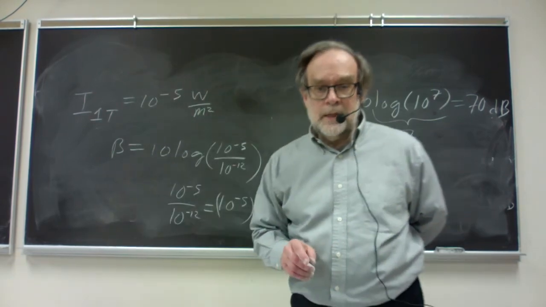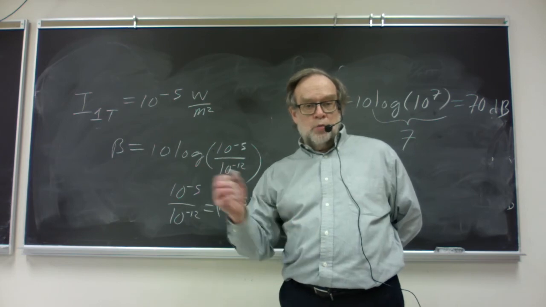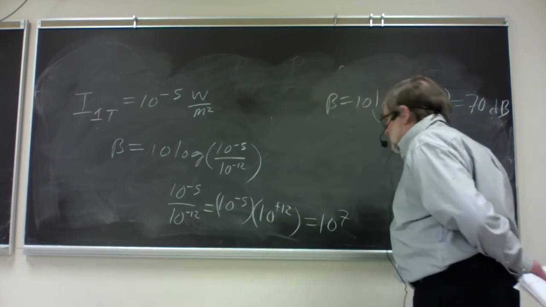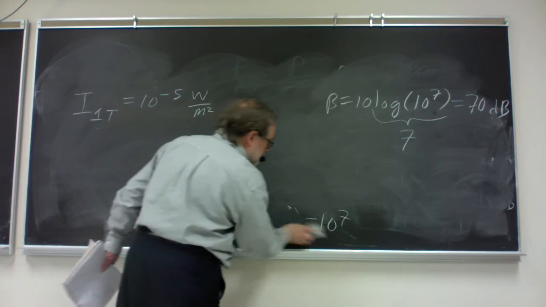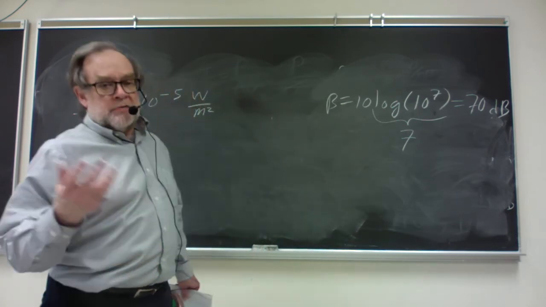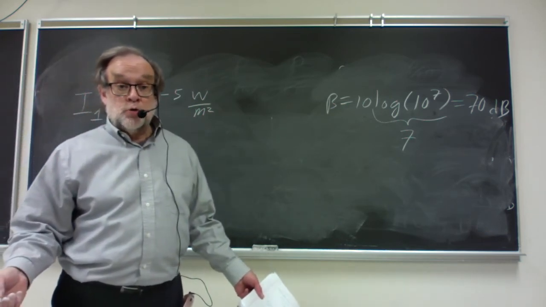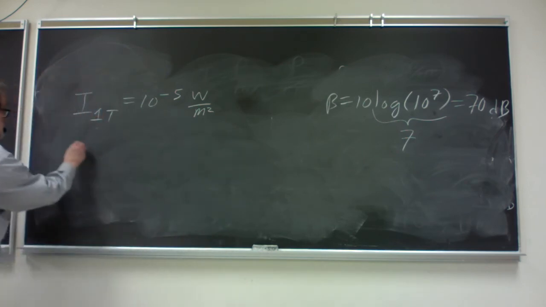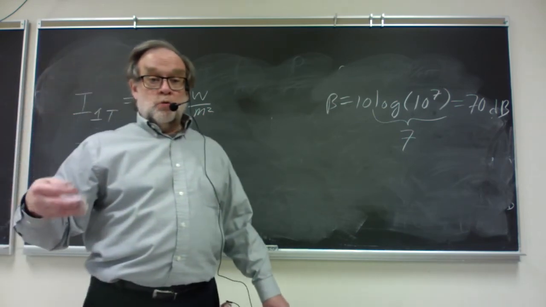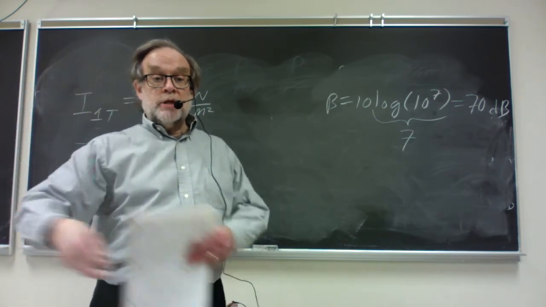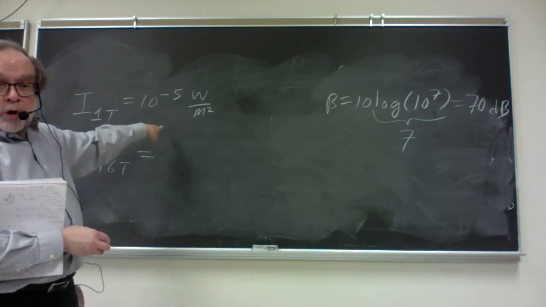Now, let's imagine more than one trombone playing. Like in the old musical, The Music Man, imagine 76 trombones playing. First of all, what's the intensity in watts per square meter of 76 trombones? Well, we'll imagine that they're all playing exactly the same way. Each individual trombone is putting out this much power per square meter.